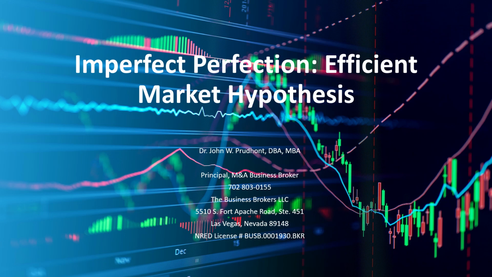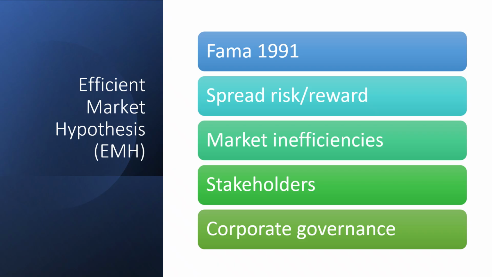In this video, we will look at the efficient market hypothesis and an overview of investment techniques that can be used to hedge the inherent risks of investing in stocks. Any discussion of techniques to achieve exceptional returns in a market should be based on an evaluation of the perfectly imperfect efficient market hypothesis, or EMH, developed by Fama in 1991, and how this hypothesis provides a basis for informing our investing decisions from time to time.